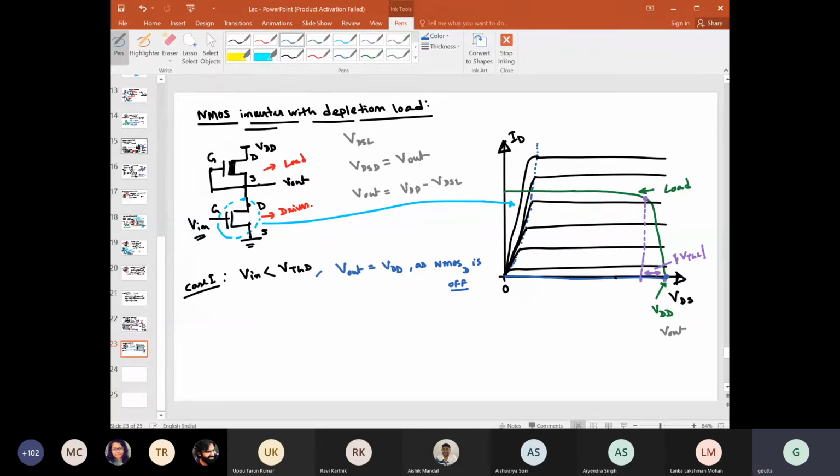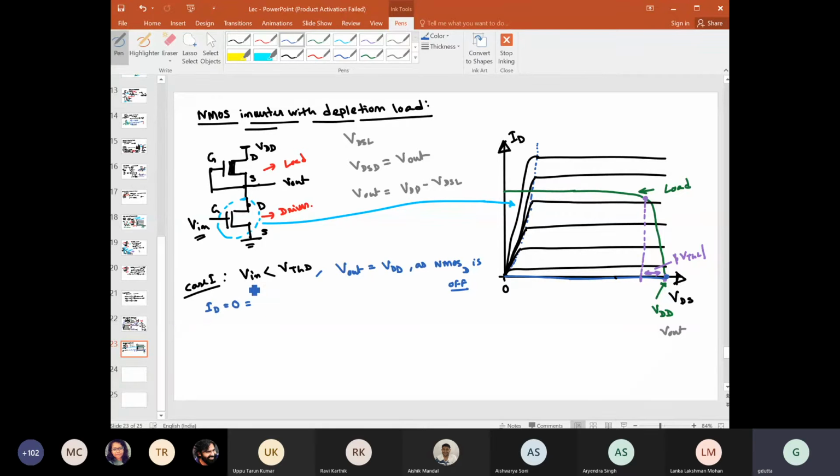Fine, okay. But suppose you are not convinced, and you do not want to plot this, then how will you do it? Then there is also an option. You go ahead with the conventional method, as we do analytically. So here, this transistor is at cutoff, so ID is equal to 0. So you write that ID is equal to 0.